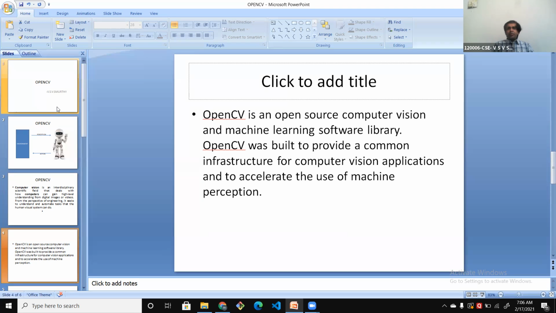When a computer or an automated machine perceives from the environment, what is the type of input it is gaining? It perceives using sensors, and the type of input it is gaining is images. If it is a single image, it is a single image. If it is a video, a video is a group of multiple images running in a sequence.